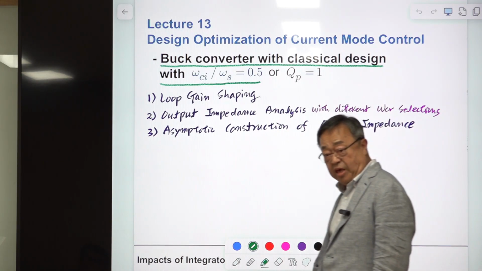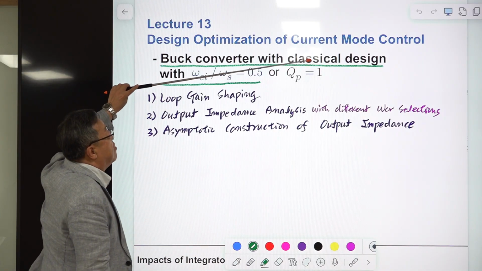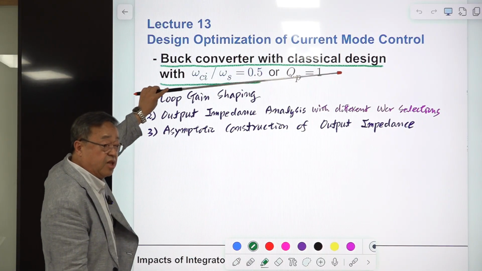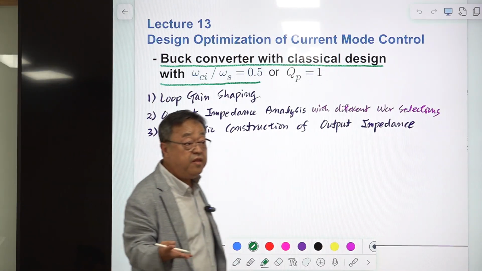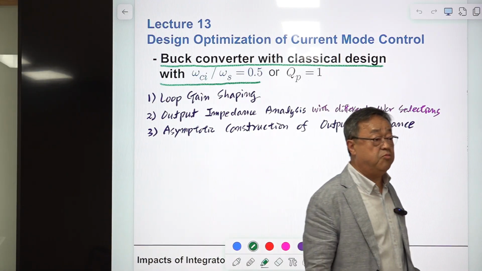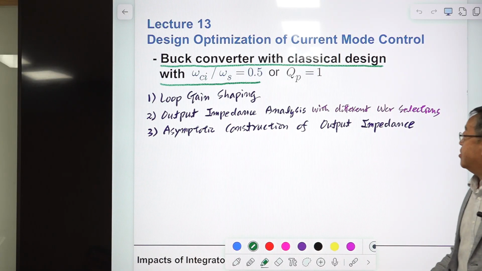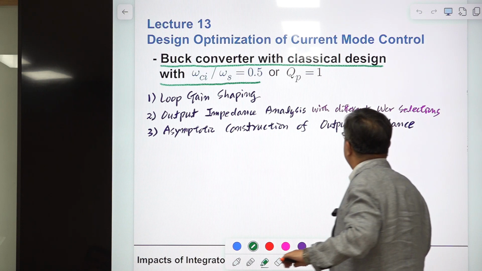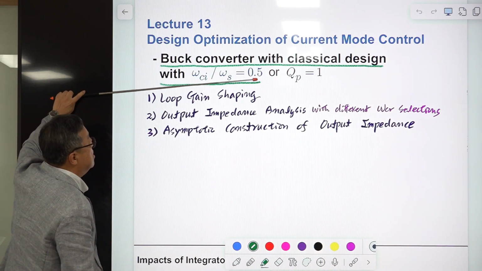So we take one example using a buck converter, and I prefer the classical design approach and the classical model. That is easier to understand and easier to simulate using cheap software like PC. For the classical design, I select this ratio